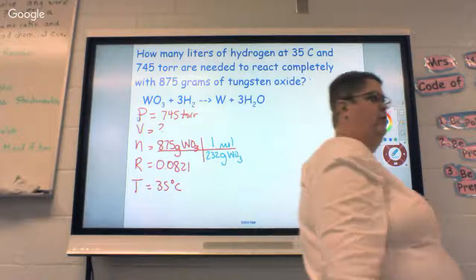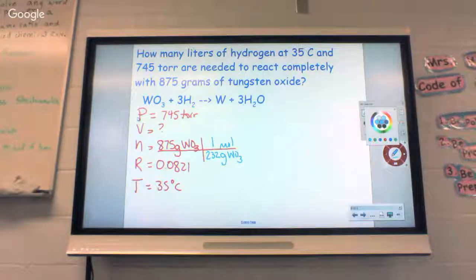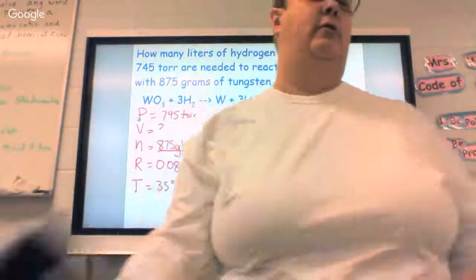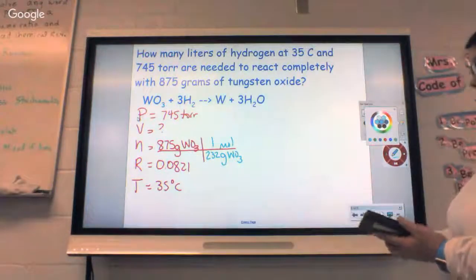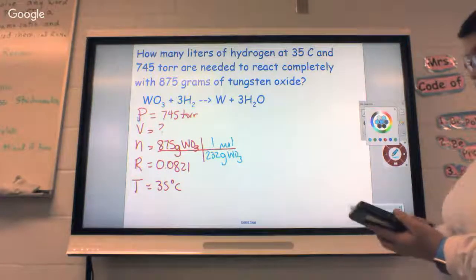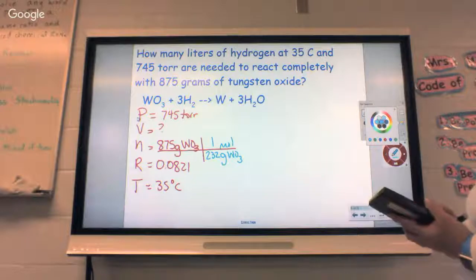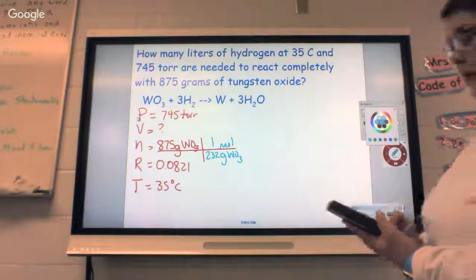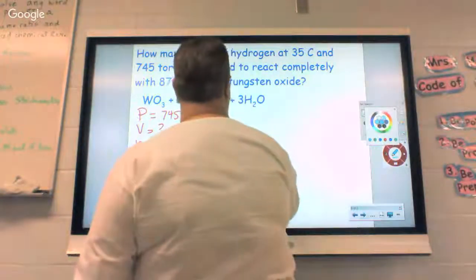Y'all trust me with that, or do I need to show you where it came from? Okay. Now, when I find my moles, 875 divided by 232, I get 3.77 moles